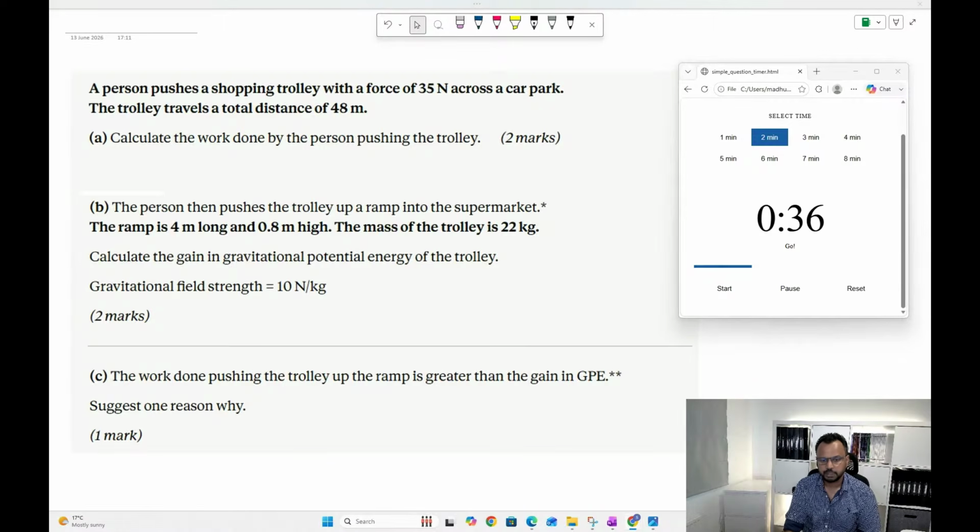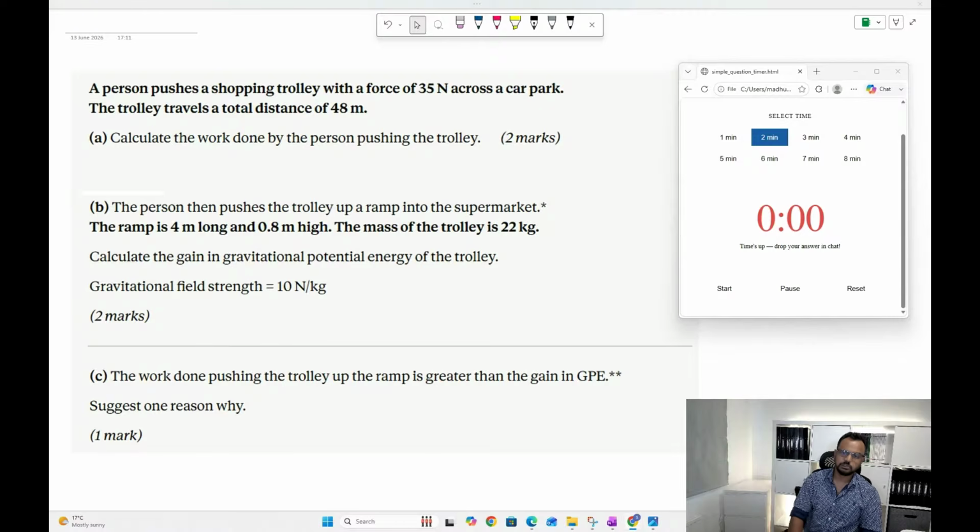Edexcel GCSE, I'm not running a separate session because the majority of my students are either AQA or Edexcel. In fact, I used to be a high school teacher in Central London for some time in Whitechapel, then in Harrow for the past 7 years. Now I'm working in a school in college in Aylesbury in Buckinghamshire. And I'm a tutor. A lot of my students are from those two examples.